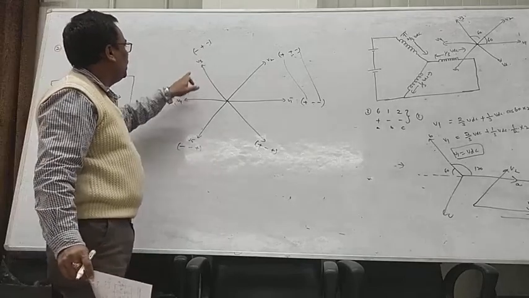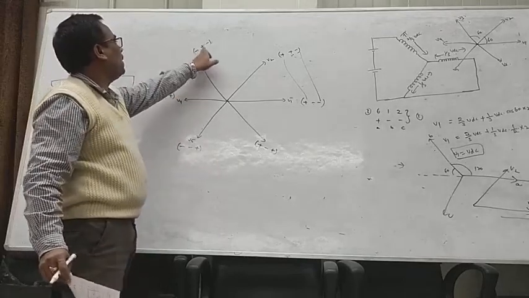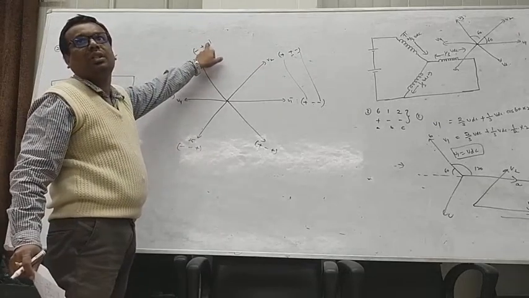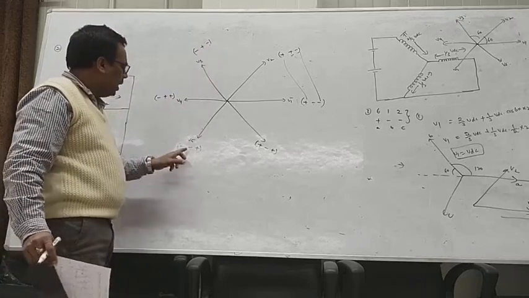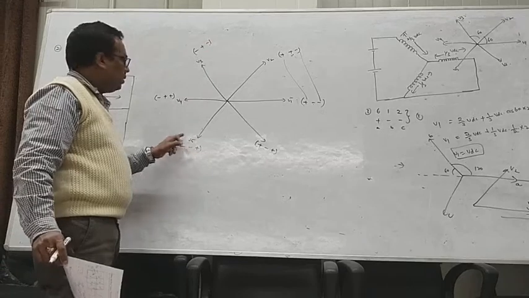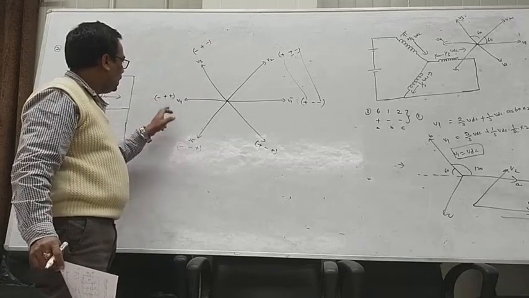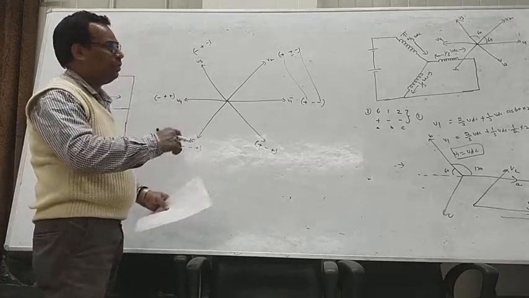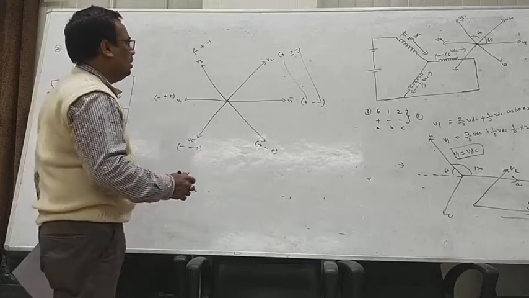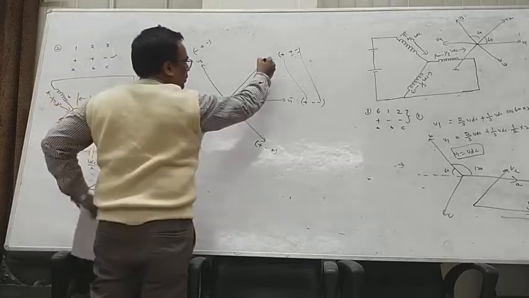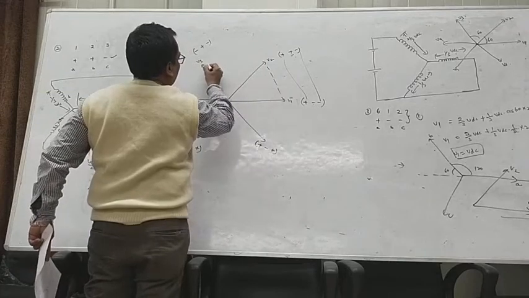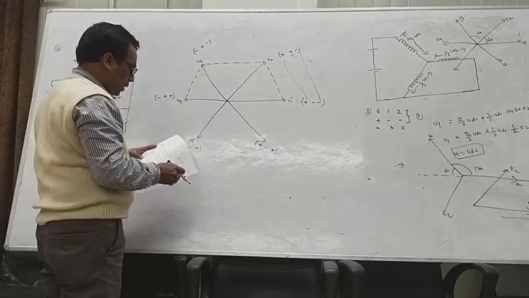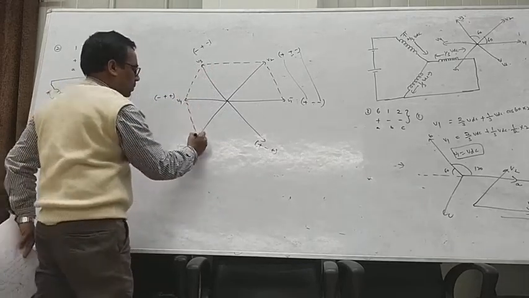And now from V3 to V4, this is minus plus minus, so now this minus is changing. This is the minimum possible combination. And so from V4 to V5, here minus plus plus, and this plus is converted to minus. So this is what we are representing. If you join all the tips here, it will form a regular hexagon shape.